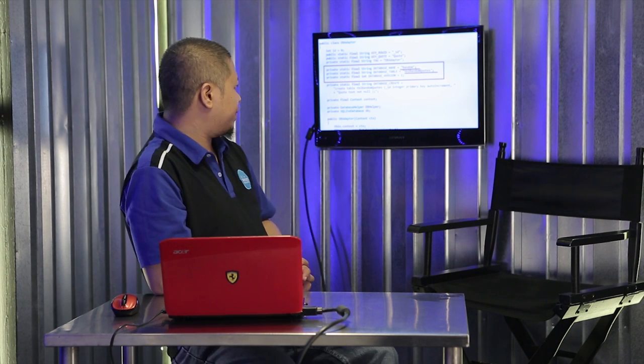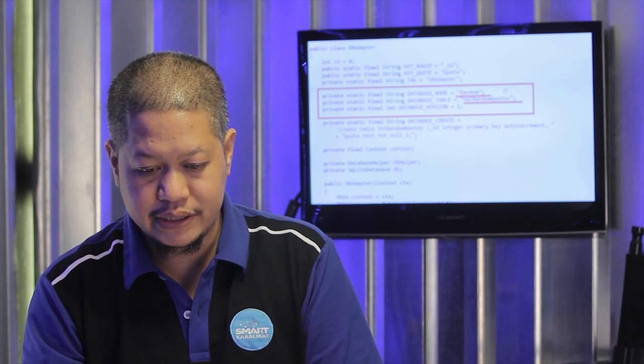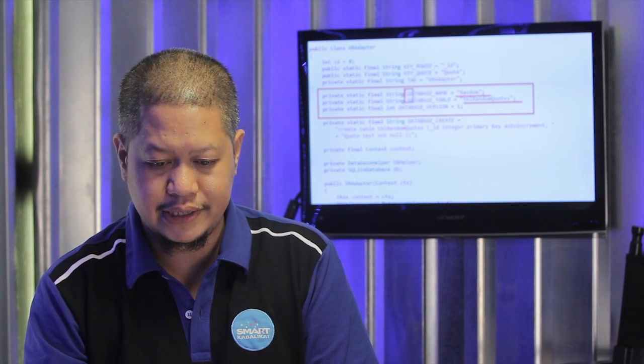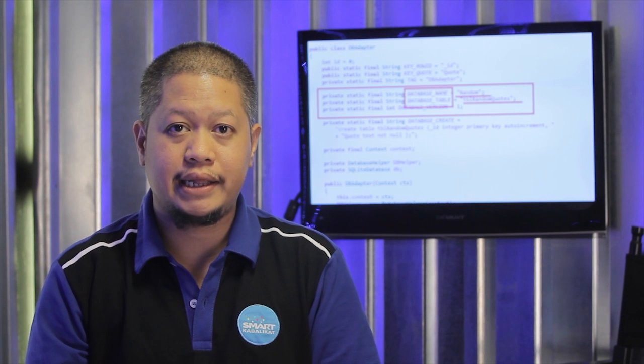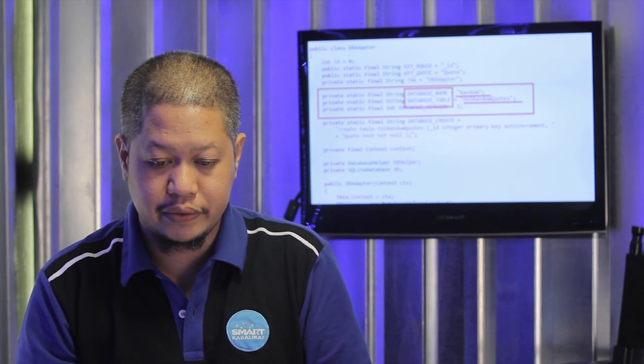Then you look at the name of the variable. Database name and database table isn't that short compared to those two. So why would we go through all of the trouble of doing stuff like this? For consistency. Because if you type long lines of code, you run a bigger risk of being inconsistent with the names you use. So it's a good programming practice to actually create constants and use that in your succeeding code.